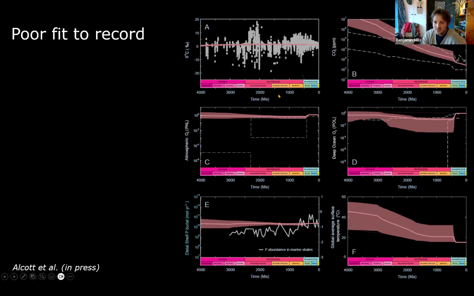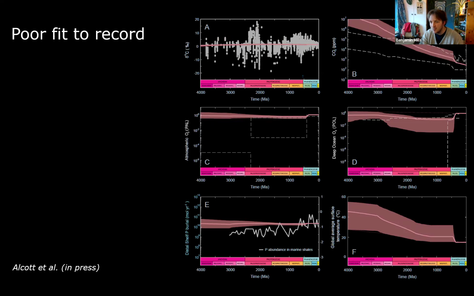Now, we do get some things that are okay. So if we look at 13C, it's relatively stable. So the feedback that I talked about earlier about weathering organic carbon, and this being a stabilizing feedback on 13C, this seems to be doing very well. Because actually, if you look at oxygen here, we've got similar levels of atmospheric oxygen in the present day, and we're maintaining a similar amount of 13C. So it's broadly a similar present day situation we're getting back here.